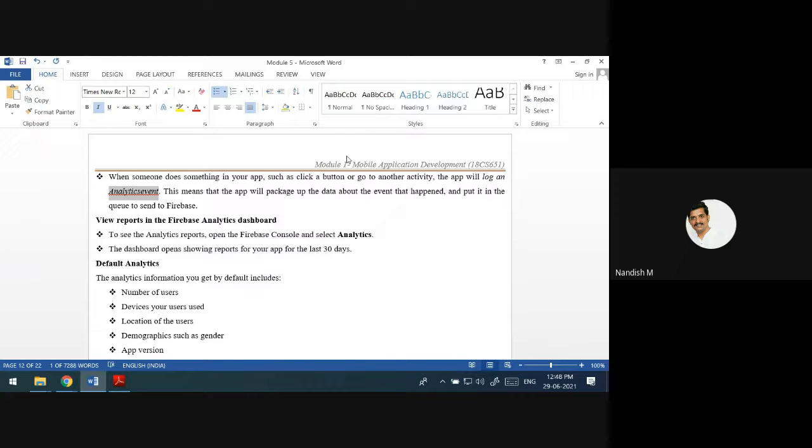at the end of a month, after 30 days, if you want to see the analytics, yes, you can go to the Firebase console.